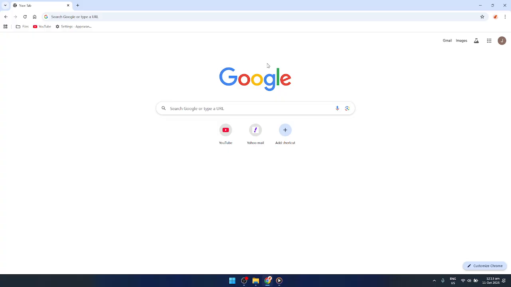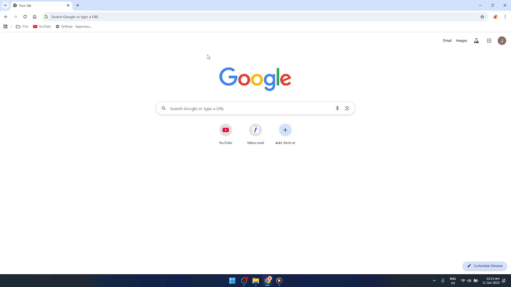intact. Before we start, here's what a reset actually does. It resets your startup page, new tab page, search engine, and pinned tabs. It disables all extensions and clears temporary data like cookies and site data, which means you may be signed out of websites. It also resets site permissions, such as camera, microphone, and location access. What it does not do is delete your bookmarks, stored passwords, or history. If you use Sync, your data remains tied to your Google account and can be restored as you sign back